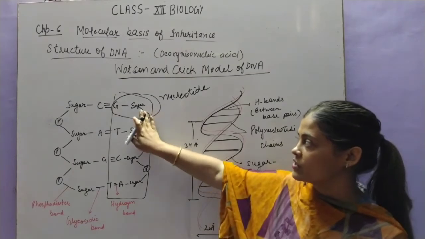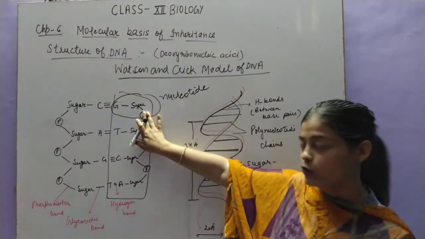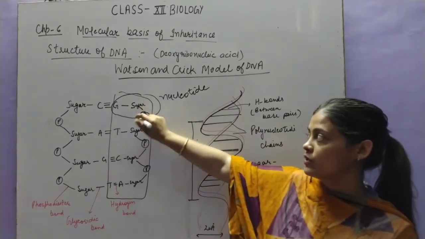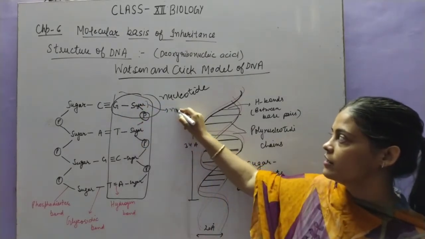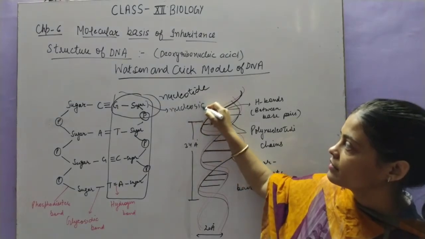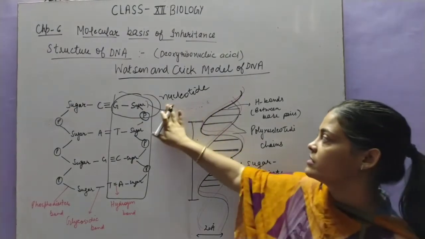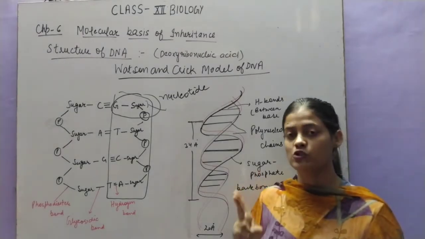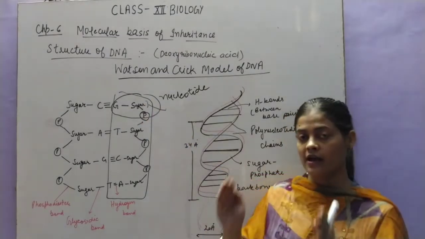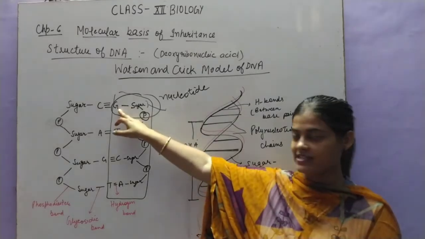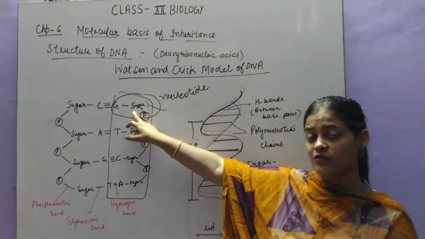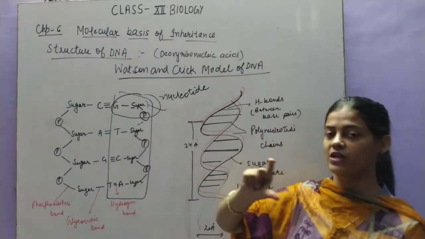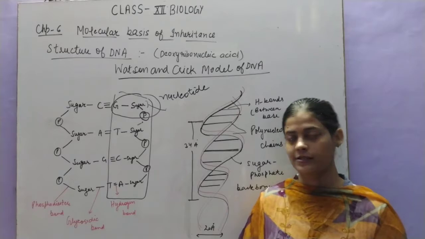And if we exclude the phosphate group, then nitrogenous base and sugar together are called nucleoside. Okay, first you have to remember what is nucleotide. Three components: nitrogenous base, sugar and phosphate. They are arranged in this manner. Nitrogenous base here, which is attached with the sugar, and sugar is further attached with the phosphate group. So this one component is called nucleotide.